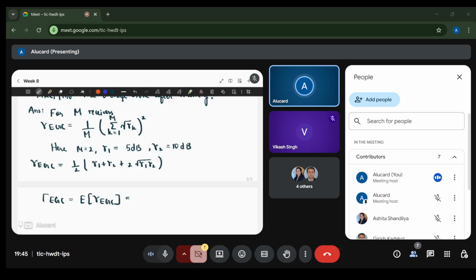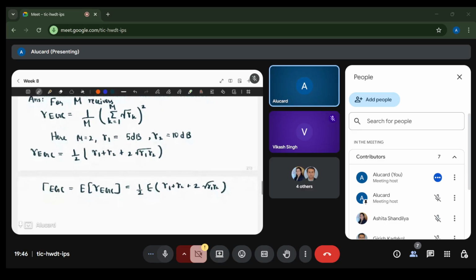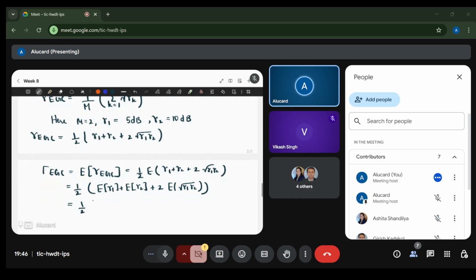When we take the expected value, this will become half of expected value of gamma 1 plus gamma 2 plus 2 root gamma 1 gamma 2, which is half of E of gamma 1 plus E of gamma 2 plus 2 E of, but the antennas are uncorrelated. We can write this as